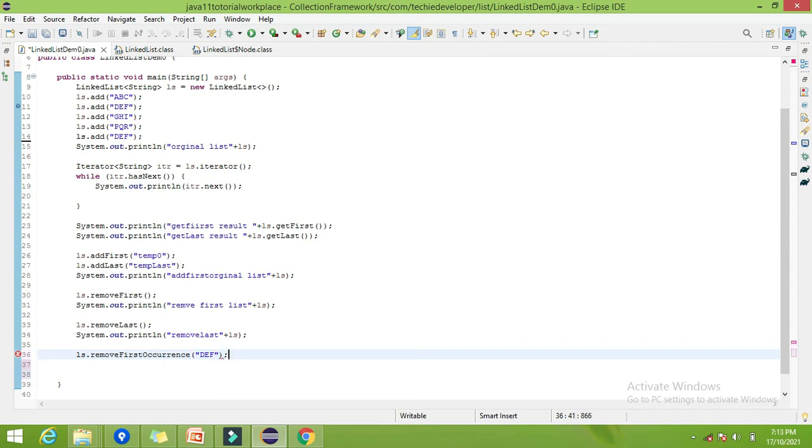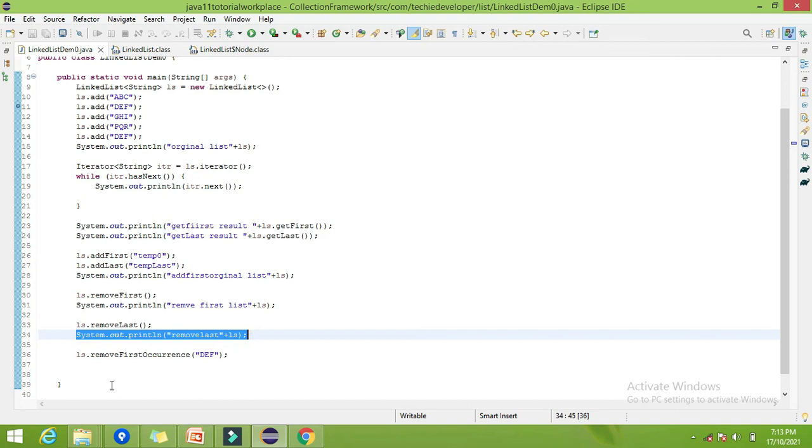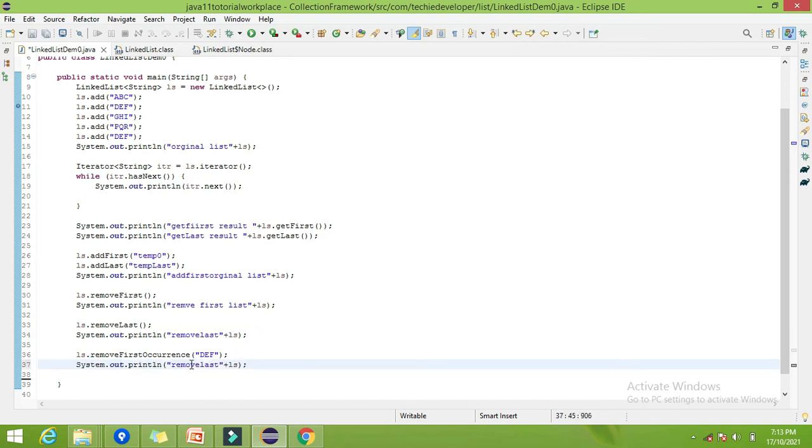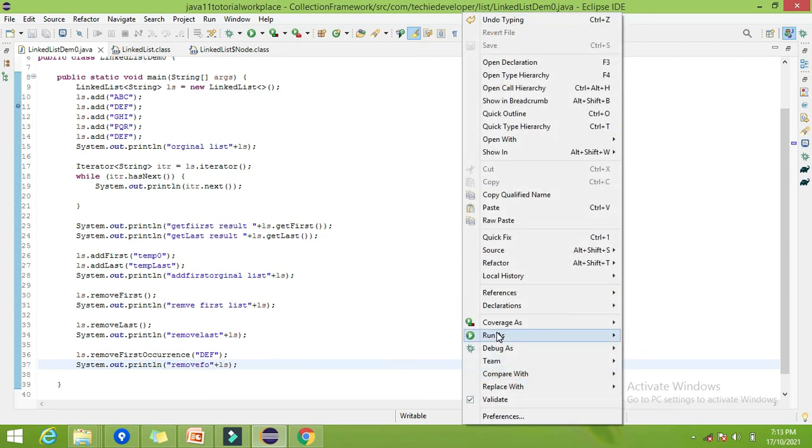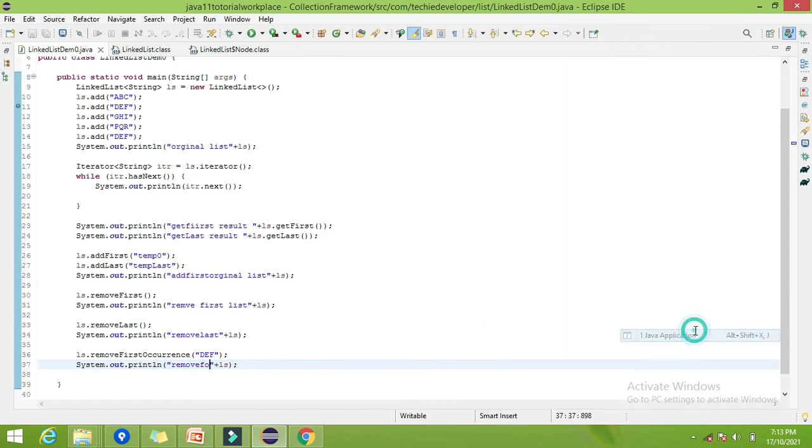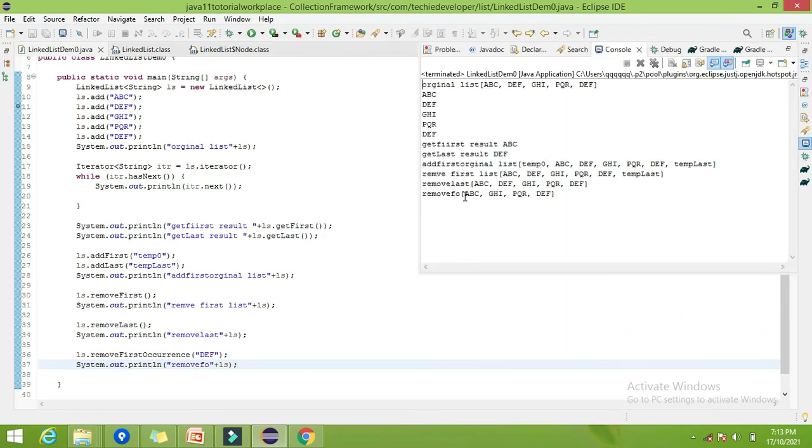Now let me try to print this. Now try to run this. So here you can find this is our last resultant list. Now def is not there at the second position, but the last def is there, meaning it removed only the first occurrence. So that is all about removeFirstOccurrence.